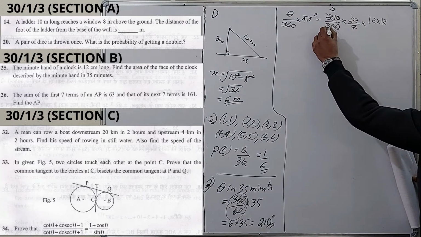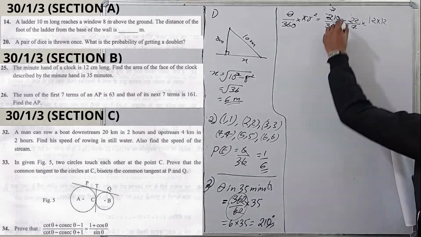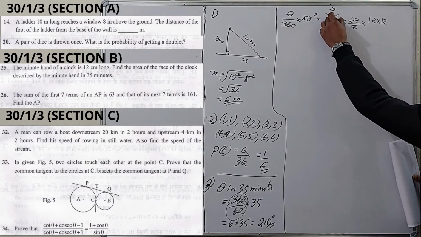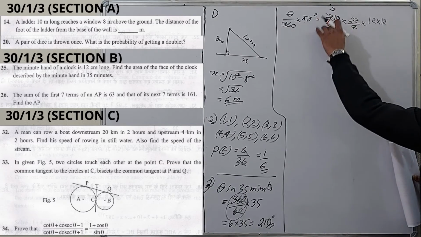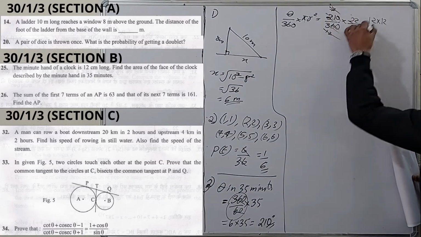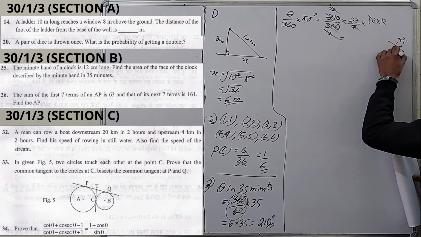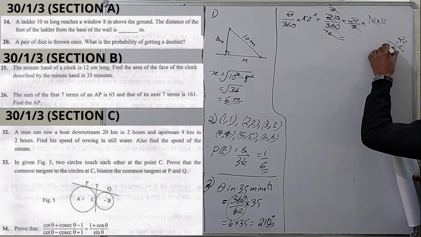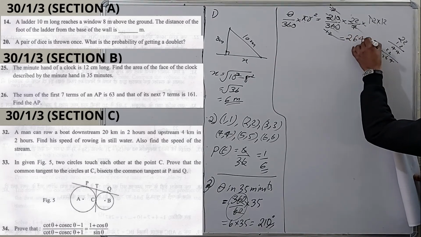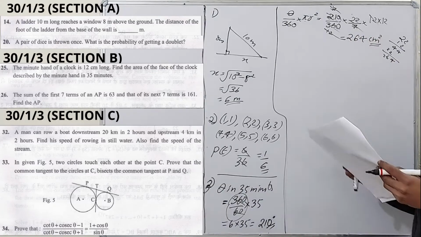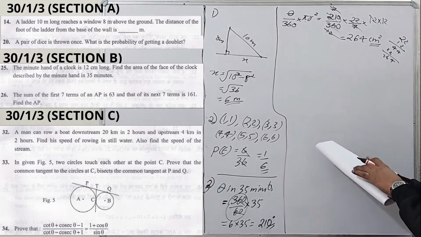Okay. So 21 by 36, 3 is a common factor. 7 will be here and here it will be 12. Alright. Okay. 0 cancelled. Then 21, 3 into 7 is 21. Here 3 into 12 is 36. So 3 cancelled. 7 and 12. That 7 is cancelled with the 21 and 12 is cancelled. 22 into 12, 22 into 12 is 264 centimeter square. Next question is, the sum of first 7 terms of an AP is 63.